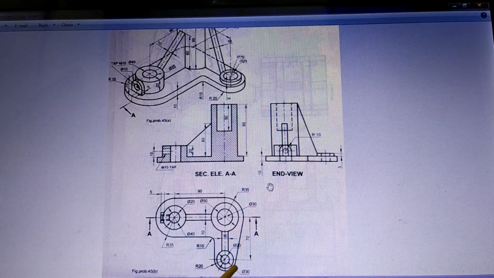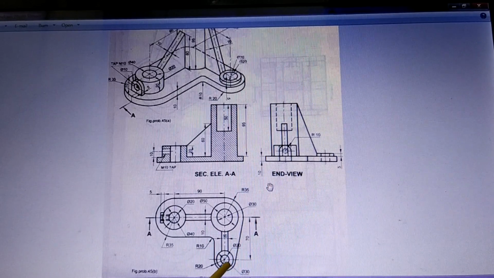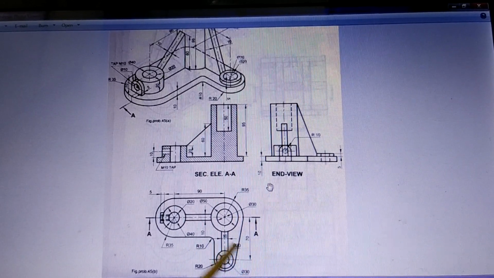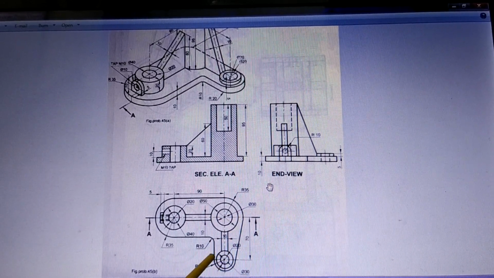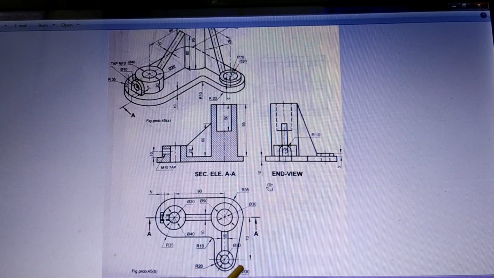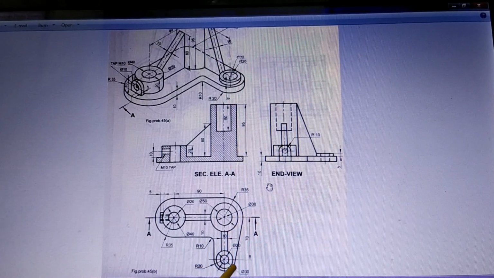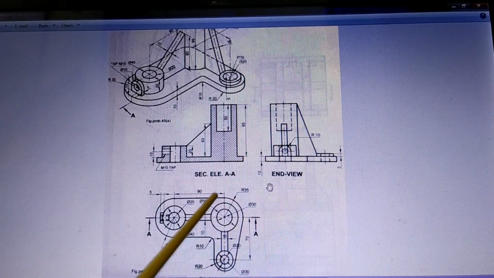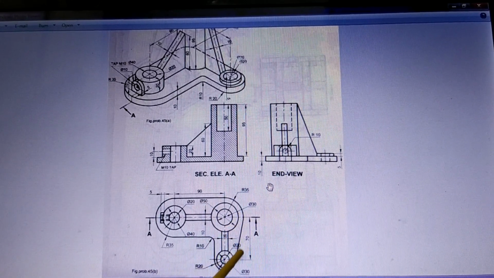No, they are written wrong. This is wrong. See, the inside is 20 and the outside is 30. They are written the opposite. So 20 here, 30 here, and then the outside curvature has a size of 20. Now since this is 20, this distance is more, so this is going as a tangent. So you draw this curvature, and connect these two curvatures.